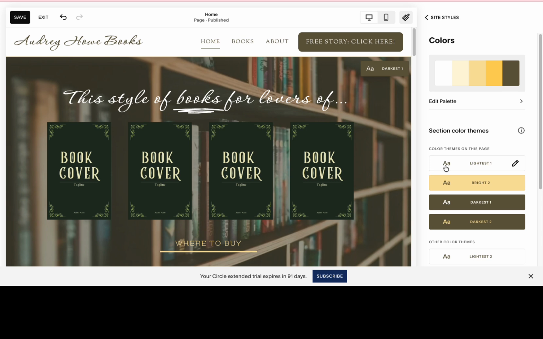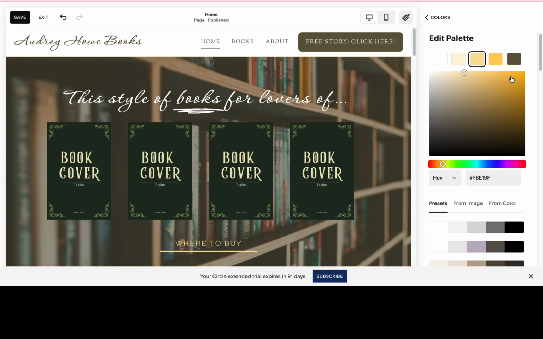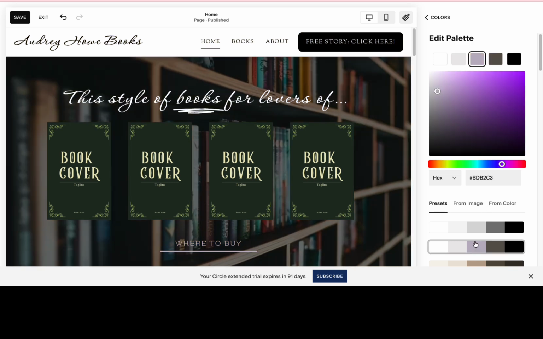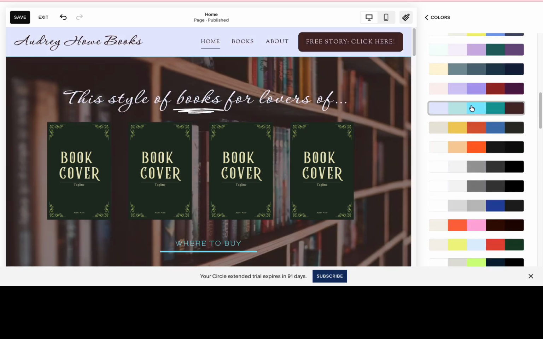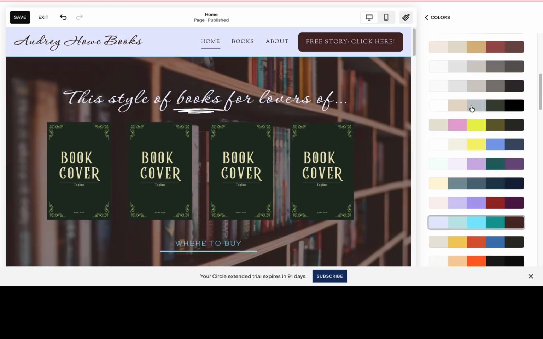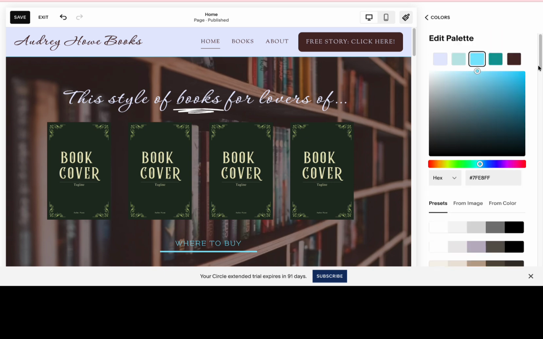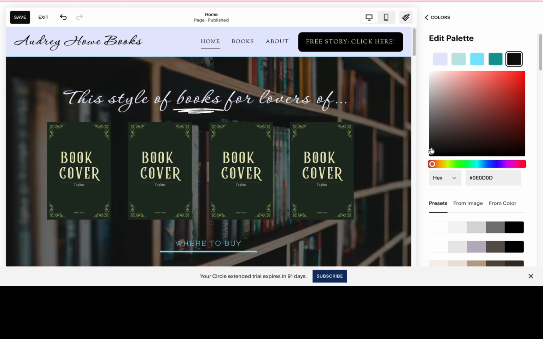But even within picking one of these color styles, you can still change out individual colors to whatever you want. So it's a nice blend of guardrails to give you well put together, again, font combinations, color combinations. But if you want to completely customize yourself, then you also have the ability to do that. And you can see that it is changing this overlay color of the background image, but I'm going to be changing that background image in a moment anyway, because again, I think it's a little too formal feeling for this particular